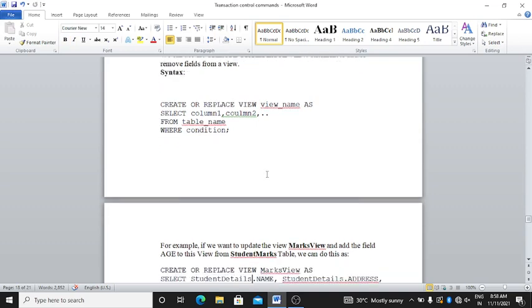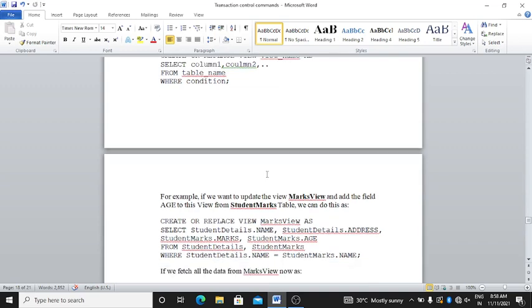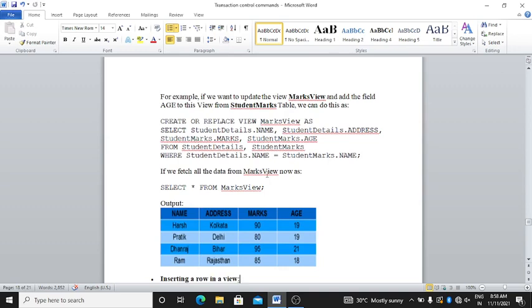Create or replace view name as select column 1, column 2 from table name where condition. For example, if you want to update the view mark view and add the field age to this view from the student mark table, we can do this as: create or replace view mark view as select student detail.name, student detail.address, student mark.age from